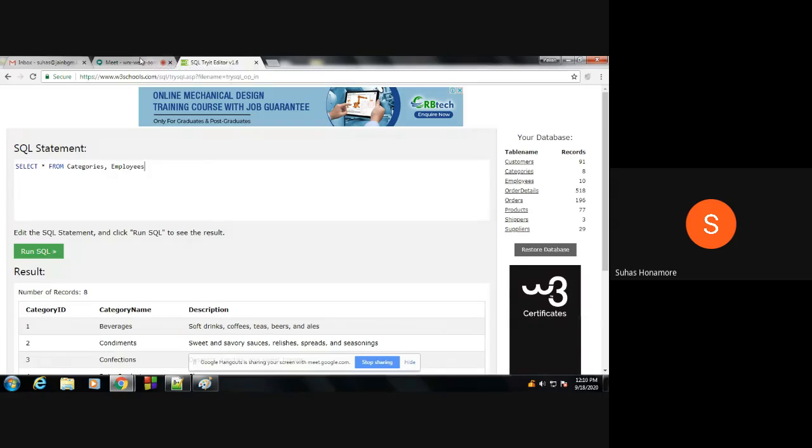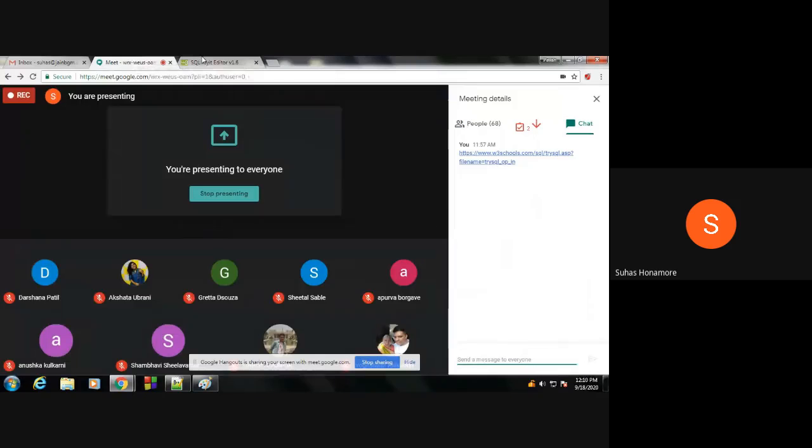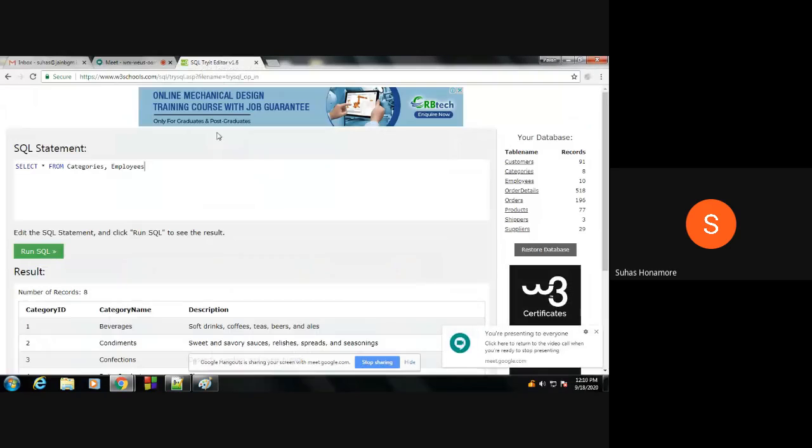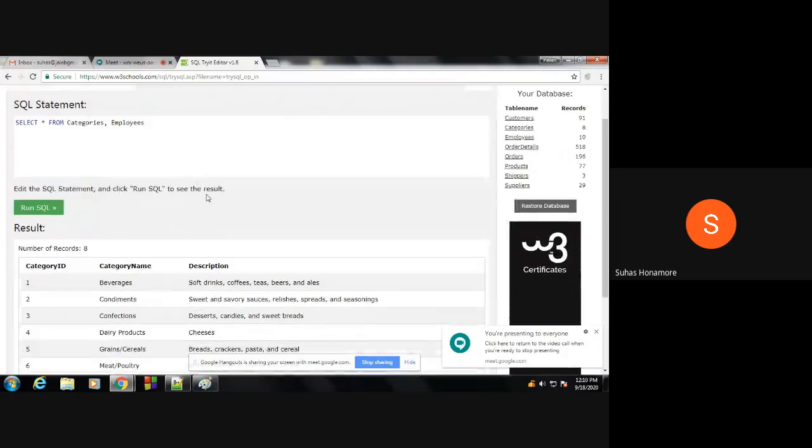Just try to have a discussion. I'm writing star, which means all the columns. So two tables I'm trying to write. This entire thing is my database, and in that we have these many tables. Now I'm trying to give two tables only. So what will happen if I give two tables?